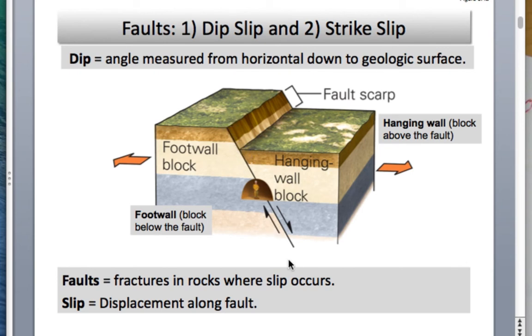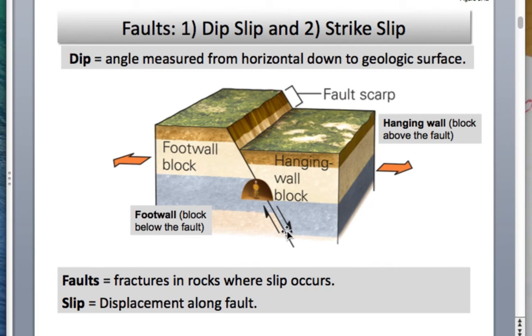Faults are going to be these fractures in rocks where slip occurs, right? Because there's slippage, and slip is a displacement along that fault. The way we name faults really comes from miners, and miners were interested in ore deposits, mineralization,